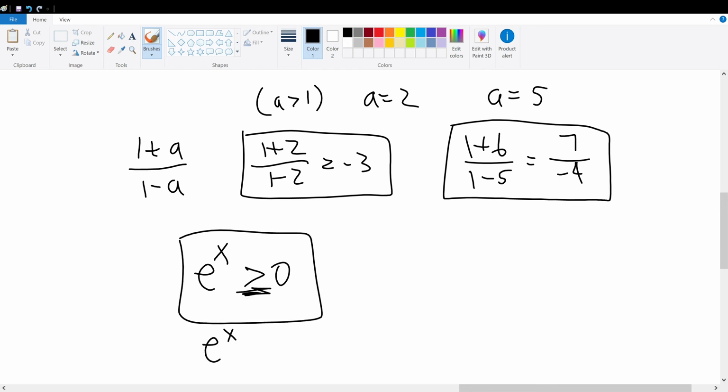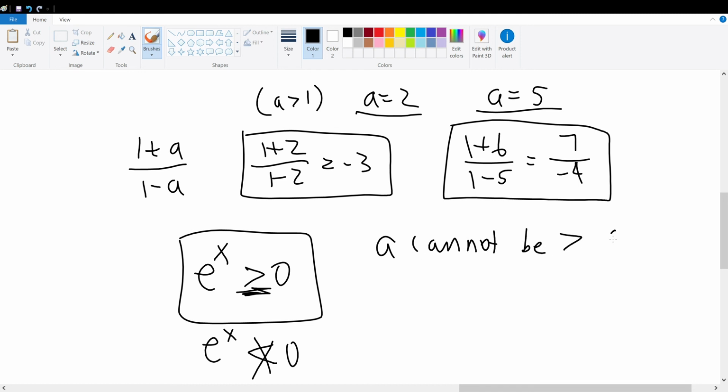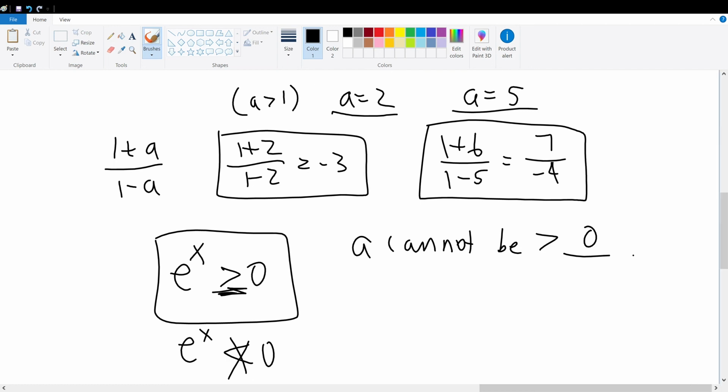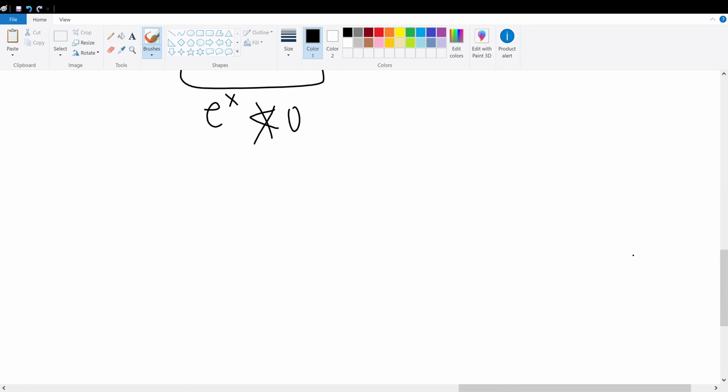e to the x will never be less than 0. So these two outcomes, when a is greater than 1, will not make sense. So a cannot be greater than 1. This applies true for when a is less than negative 1. When a is less than negative 1,